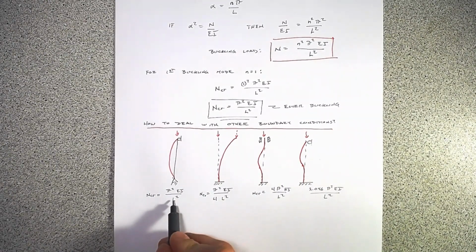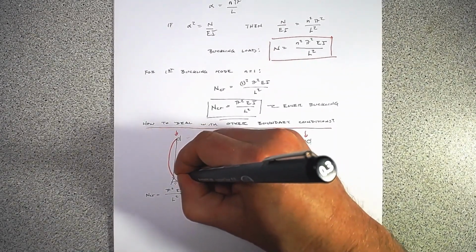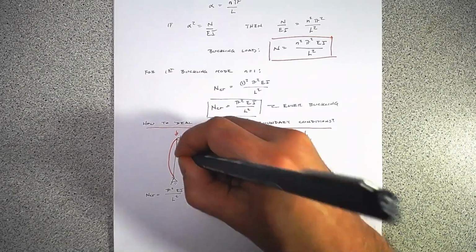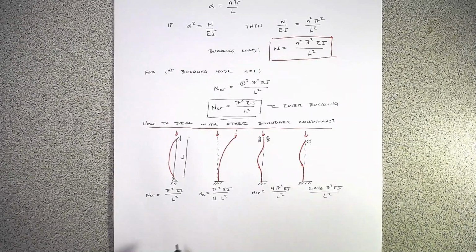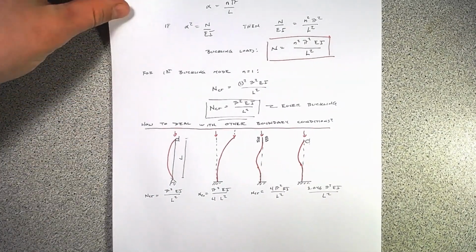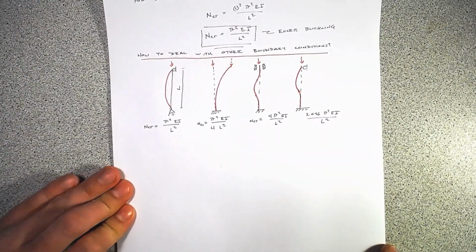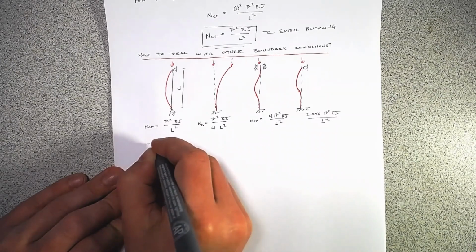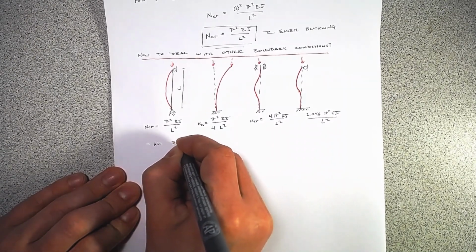to go from the total length L to what we'll call an effective length. So for an example, let's just look at this case here where we've got a fixed pinned. So we'll write down, all buckled shapes